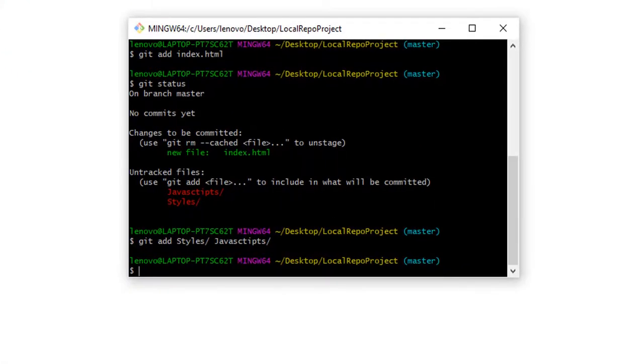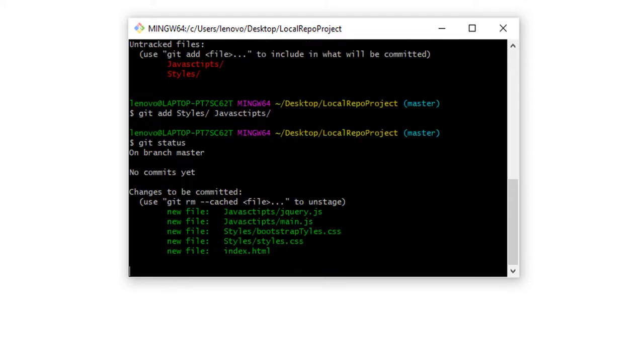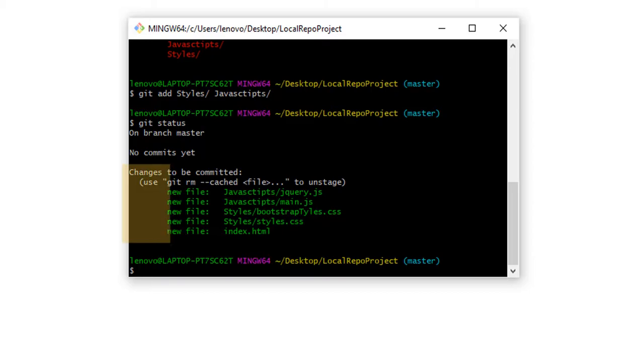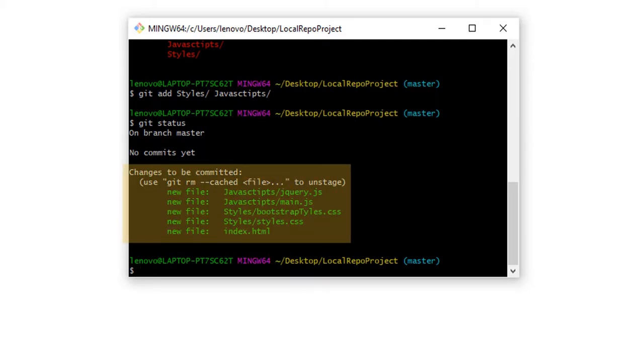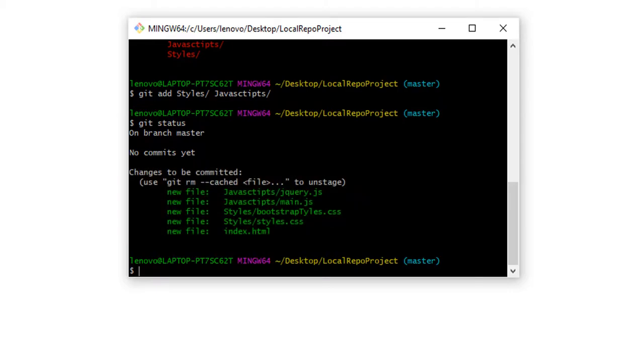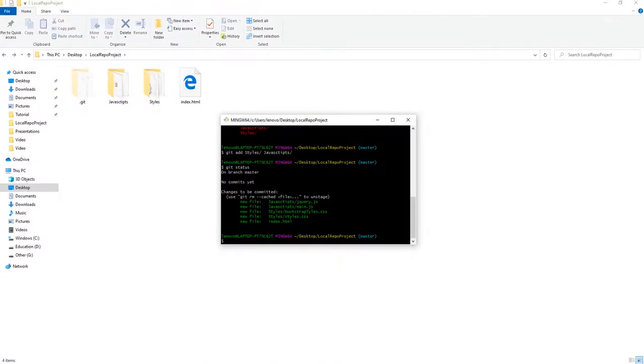Let us check if all the files in these folders have been added to the staging area. And we can see that all the files from the JavaScripts and styles folders have been added to the staging area. Also, another thing to notice is that the untracked files title has been eliminated from the status. This is because all the files from this repository have been added to the staging area.